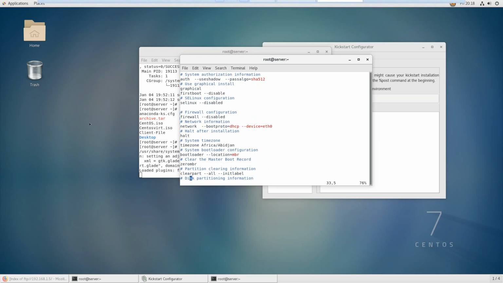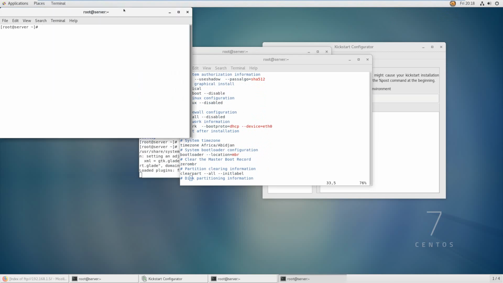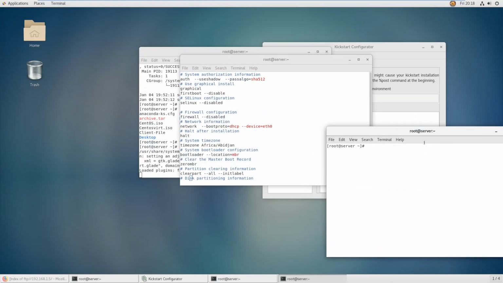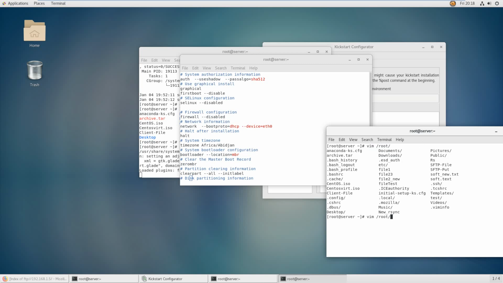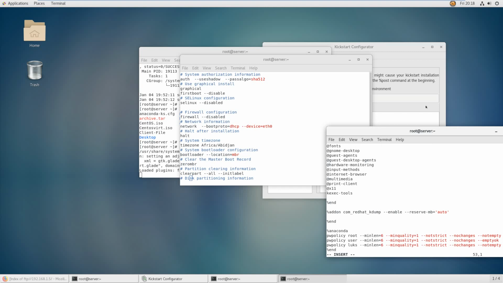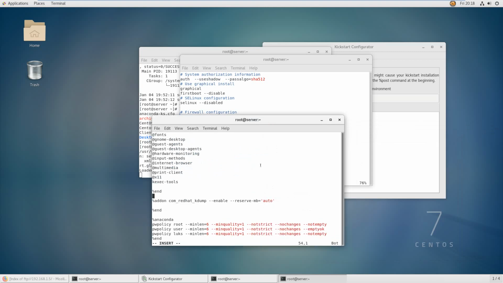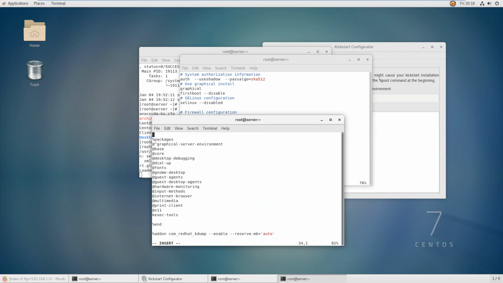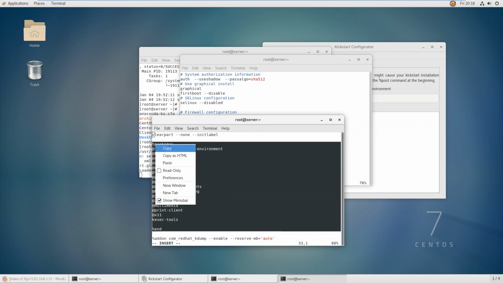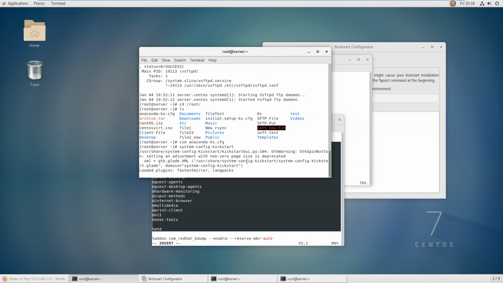We should copy this section from the Anaconda answer file, then paste the commands for package selection into the ks.cfg answer file. Okay, how to do that? Just vim /root/anaconda, then hit I to insert. This is the section for the package. Just copy this line and paste it to